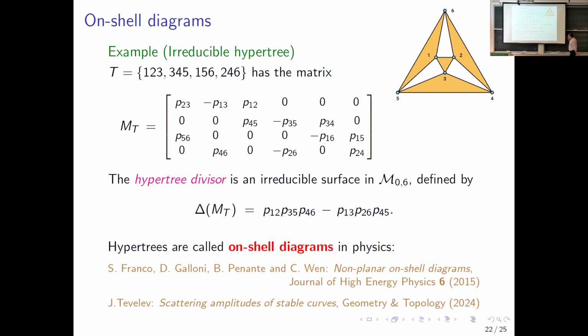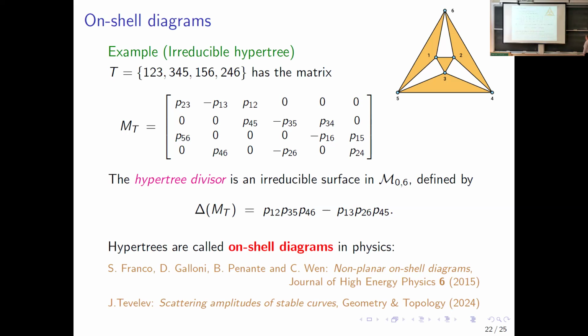So this is an irreducible hypersurface in the Grassmannian and also in M06, so it's projectively invariant. It's projectively invariant because each index occurs the same number of times. Each index occurs exactly once, so this defines an irreducible hypersurface in our threefold, which was defined by gluing 60